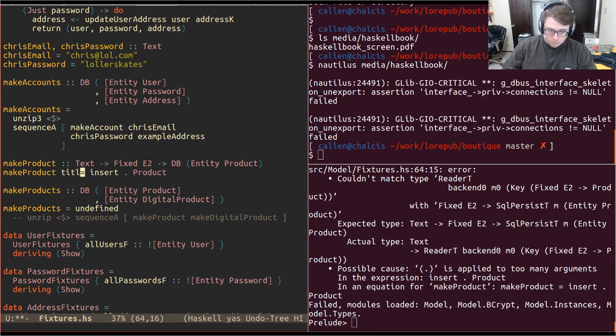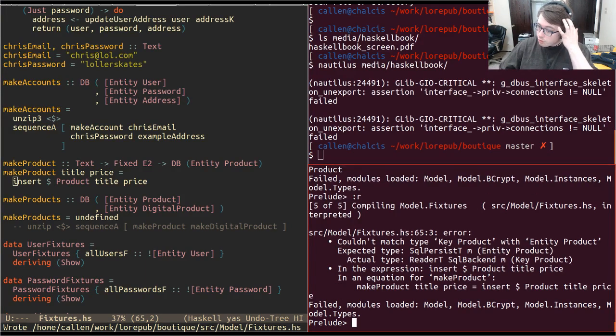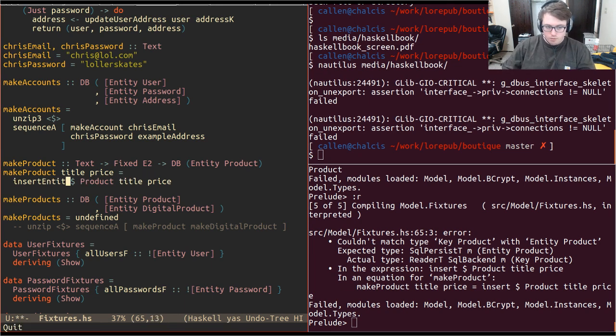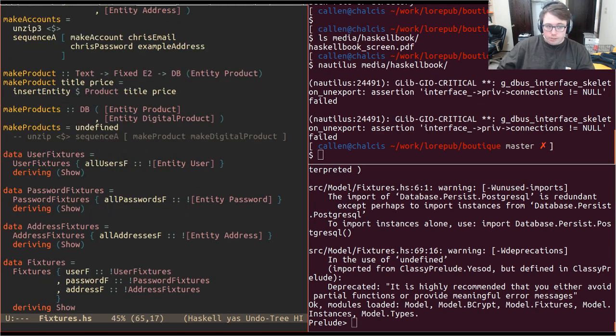Alright, fine, I'll stop being clever. Couldn't match key product with, oh, yeah, insert. Whoops. Entity. There we go. Alright. So, oh, I think I needed to double compose product, and that's why it errored out, because it's got 2 arguments, not 1. Whatever, it's not really worth making that point free. Alright, so now we need to make